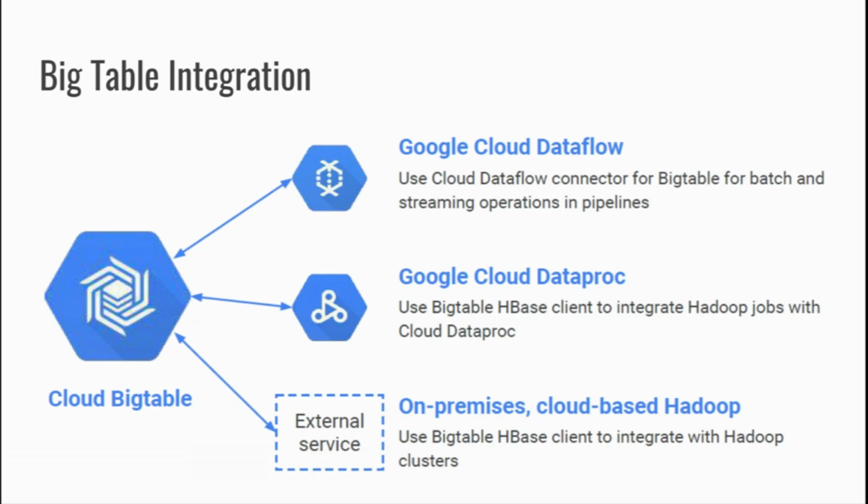The typical use cases that you have for Bigtable are your real-time app data. You can connect your web data to HBase as well. You have stream processing, IoT data, and typically your advertisement workloads. You will have a lot of data coming in for an ad tech workload, and you can use it for that. You can use it for analytical workload as well.